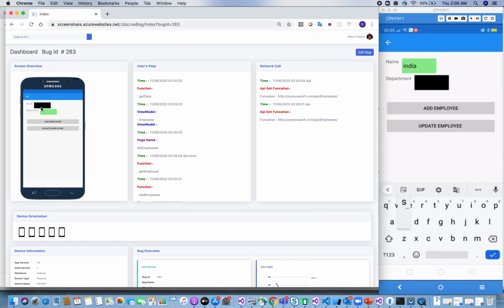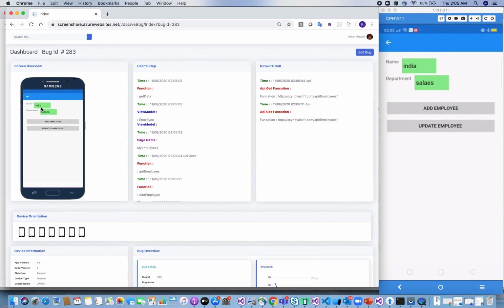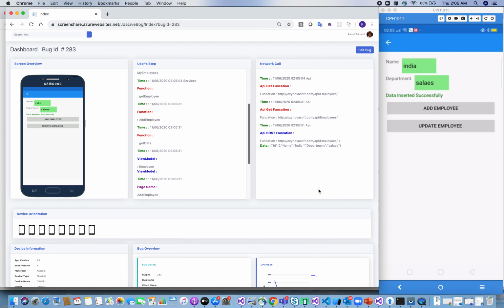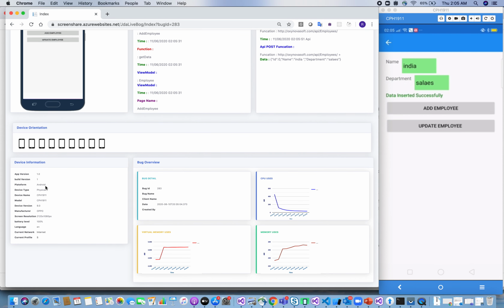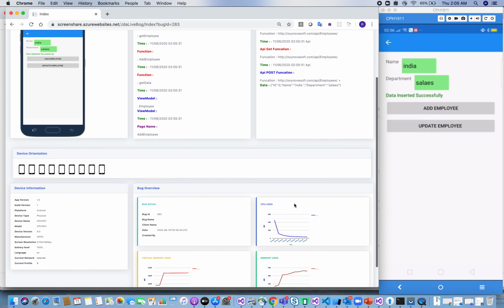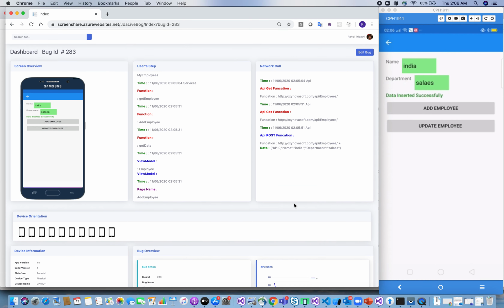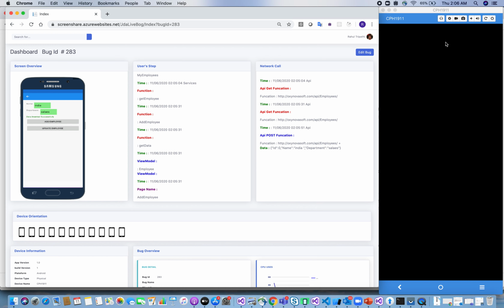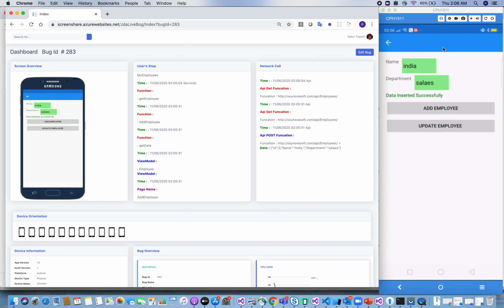I'm adding some employees on my employee information. Yes, I am adding this employee, clicking add employee, and you can see it is working. I can see the tracks, what API calls were made, and what user steps were performed. I can also see the mobile information: Android type, physical device, the model of the mobile, and the battery